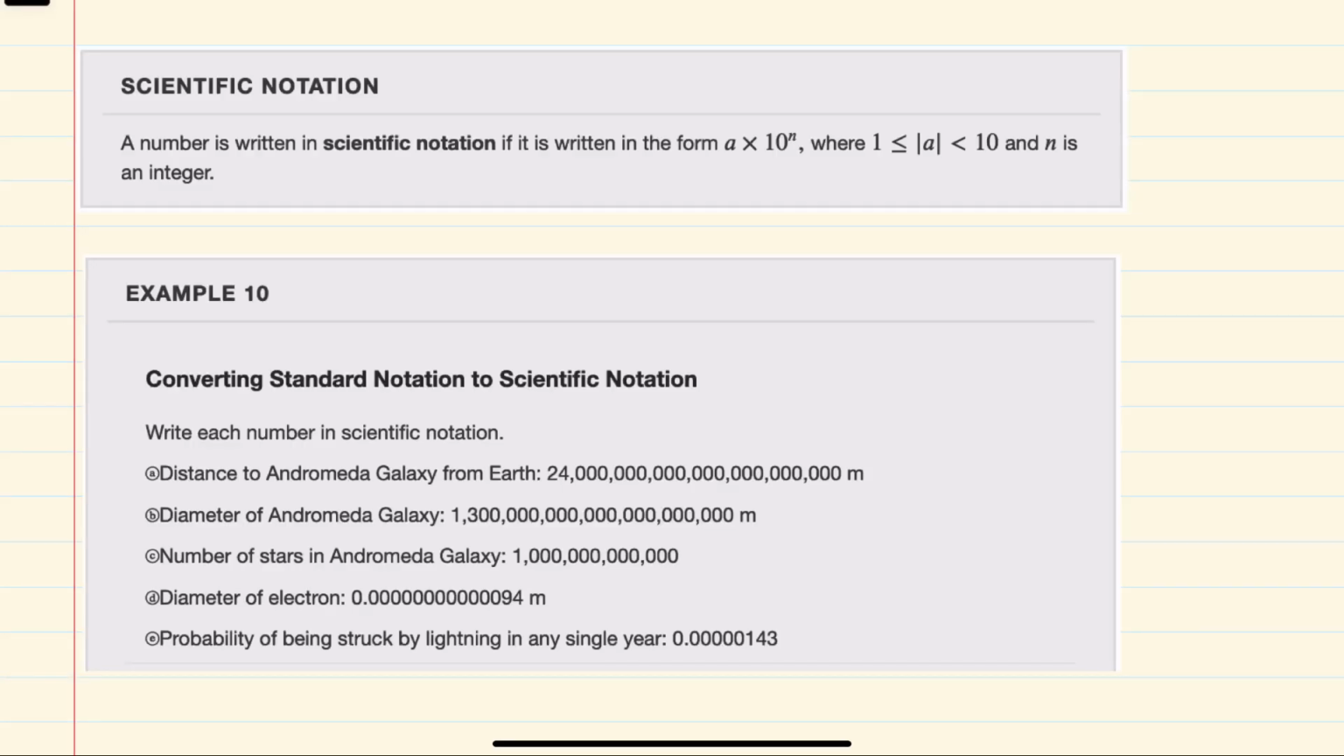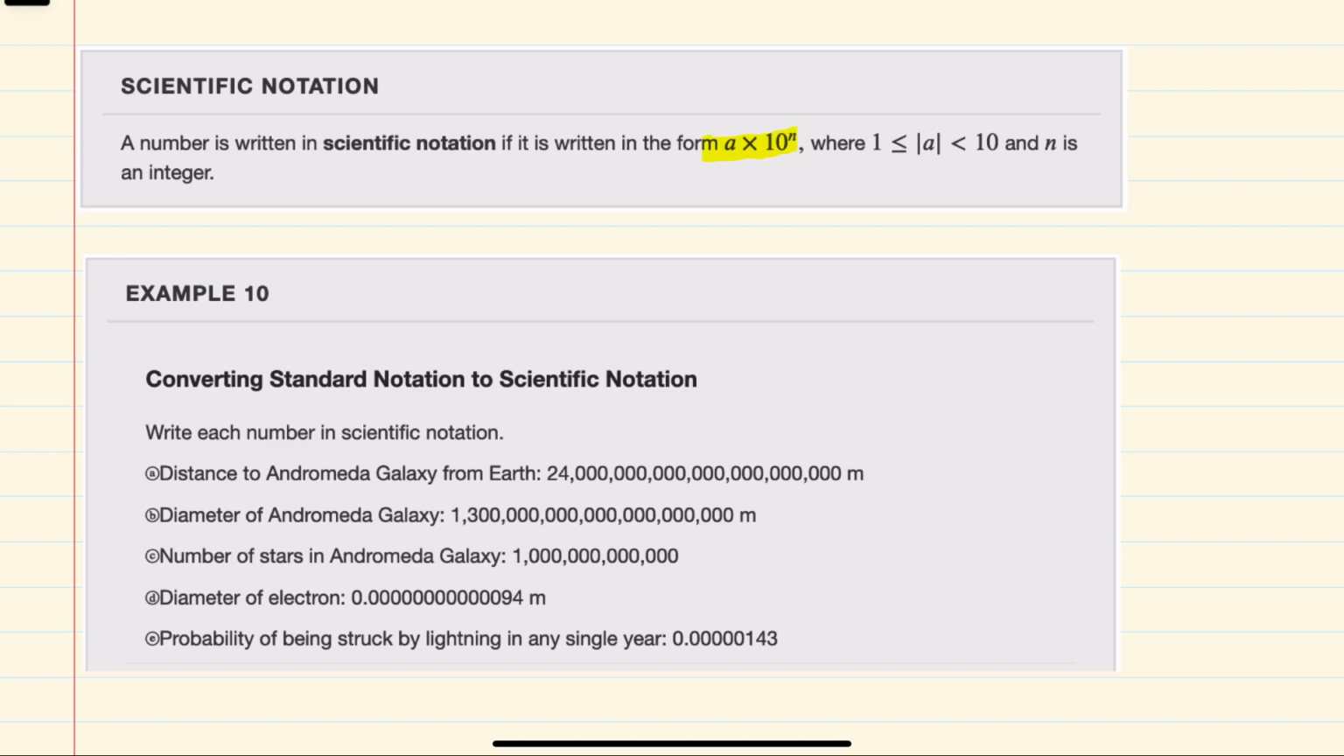In this video, I'll be helping you with a math topic called Converting Standard Notation to Scientific Notation, seen here in the OpenStax College Algebra 2nd edition text. We're converting into scientific notation, so we'll start with the definition of scientific notation being the form a times 10